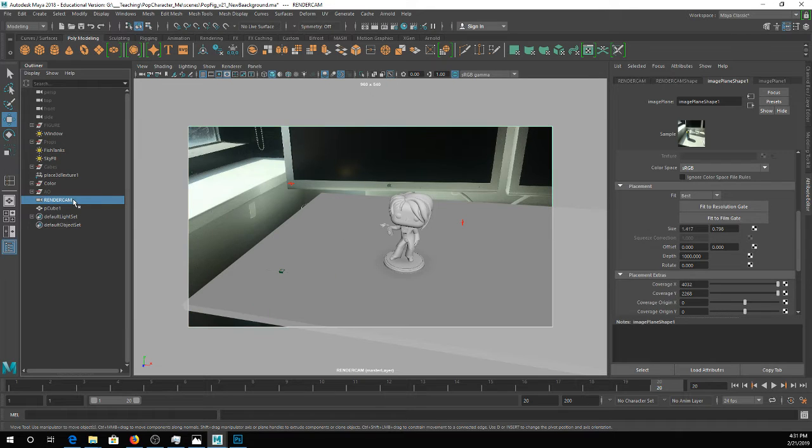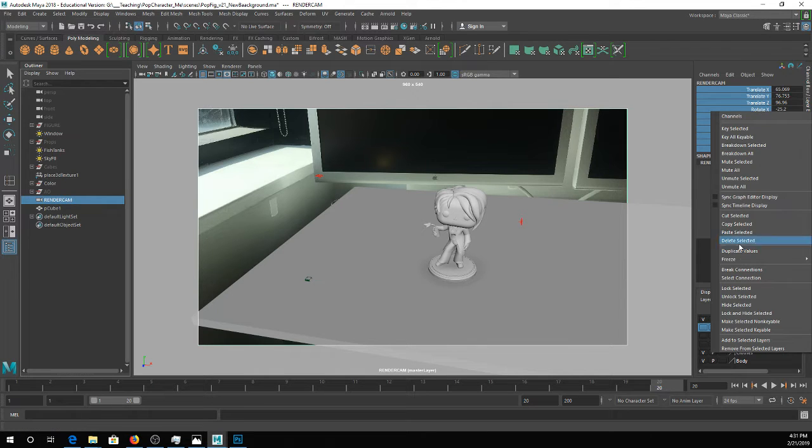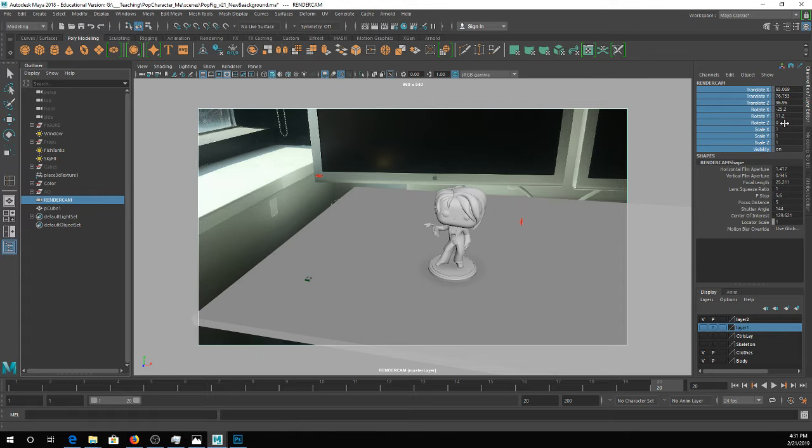So there's two ways that you can set your camera. If I select the camera in the outliner, go into my channel box, I can just grab all of these attributes, right click on them, and do Lock Selected. Once I do that, you'll see it puts a little blue bar next to all the values that just tells you that they're locked. So if you ever see that on any of your models,